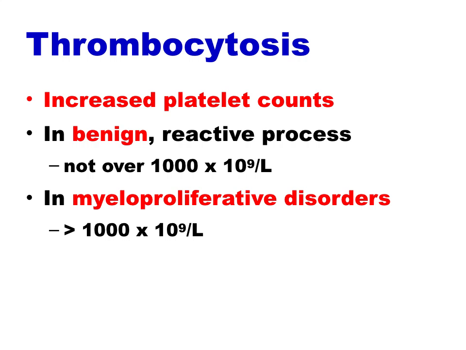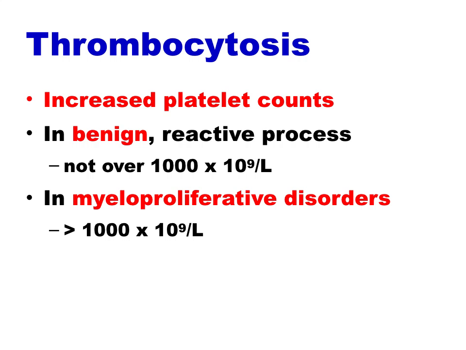Thrombocytosis is the increase in platelet count. It could be a benign process if the count is not more than 1,000 times 10 to the 9 per liter. But if you go beyond that, you might be dealing with a myeloproliferative process or disorder